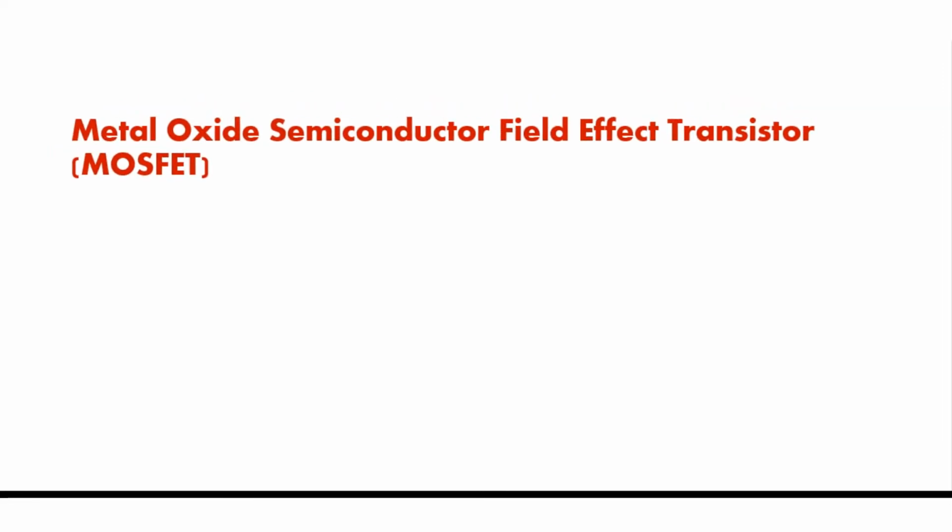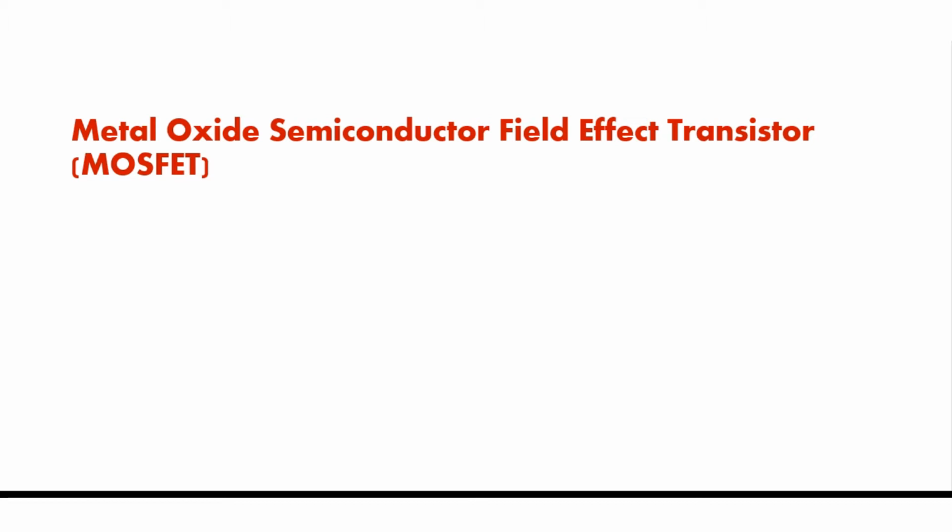Now what is the metal oxide semiconductor field effect transistor? The working principle and properties of JFET, which is one of the family members of field effect transistor, is based on the fact that due to the reverse bias at the PN junction, a depletion region will be created which alters the channel resistance, and ultimately the current will be flowing through the junction field effect transistor.